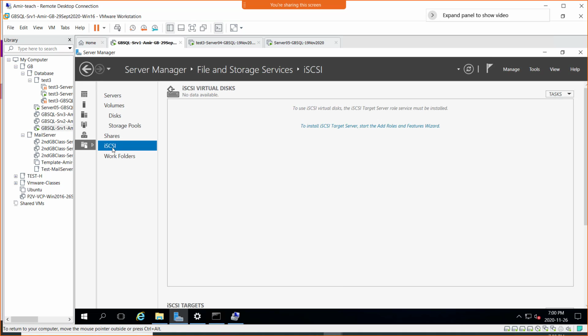and as soon as you click iSCSI, you can see that to install iSCSI target server, start the add roles and features wizard. The benefit of coming here and installing is that once we click this link, it's going to open the add roles and features wizard, but it's going to take us exactly to that area and that box. It's going to select the iSCSI server box for us as well. So let's click that to install iSCSI target server,